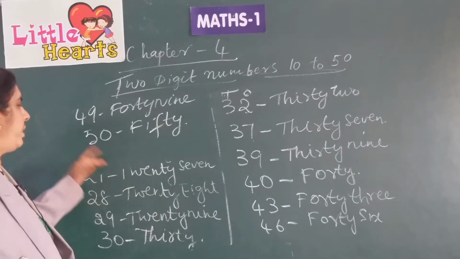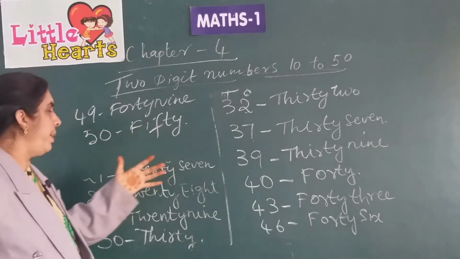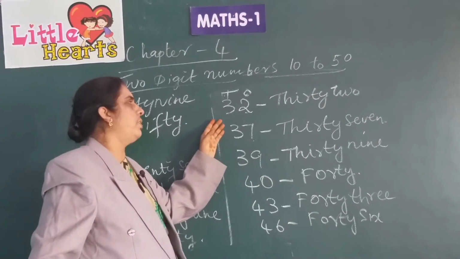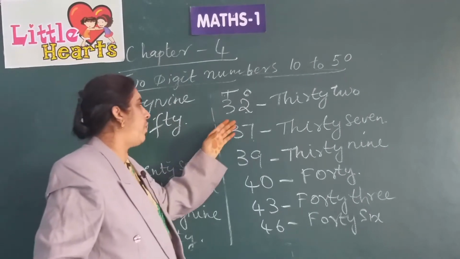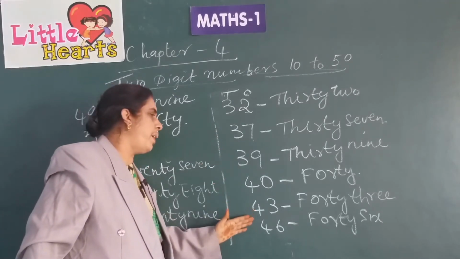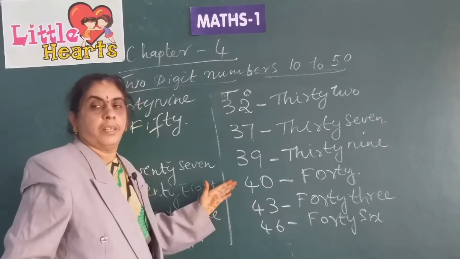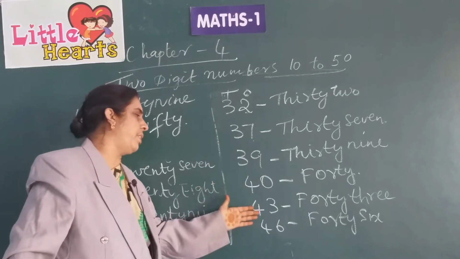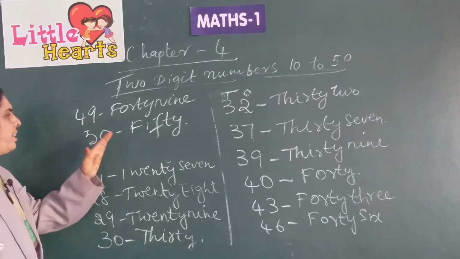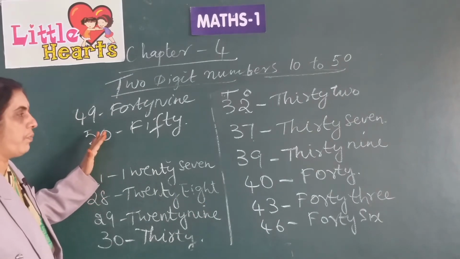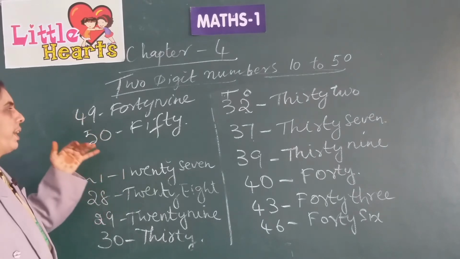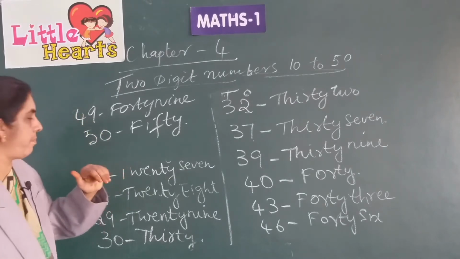When there is 2 in the tens place, we should read it with 20 and the number in the ones place. And when there is 3 in the tens place, if the number is 5 in the ones place, we have to read it as 35. When there is 4 in the tens place, you have to read it as 40 and the number in the ones place. If it is 2, 42, 5, 45 like this. So after 49 comes 50. So if you know the spellings of 20, 30, 40, 50, you can write any number name.